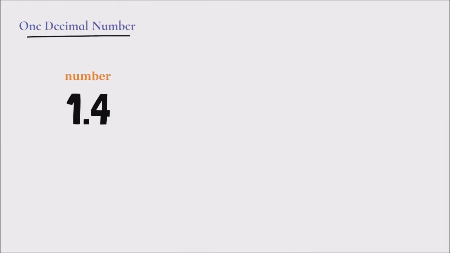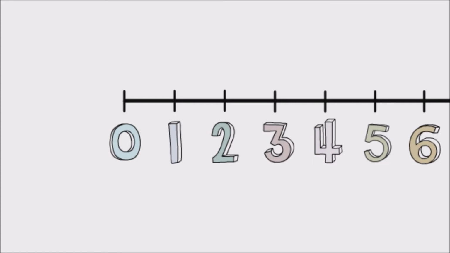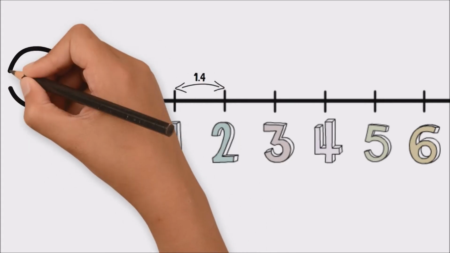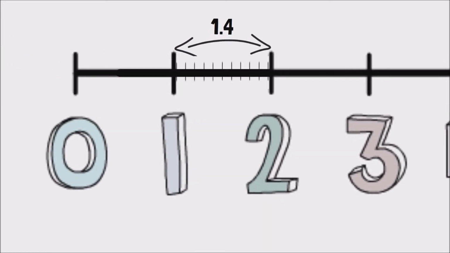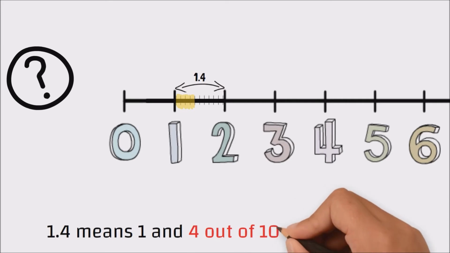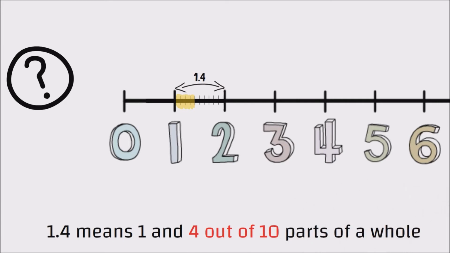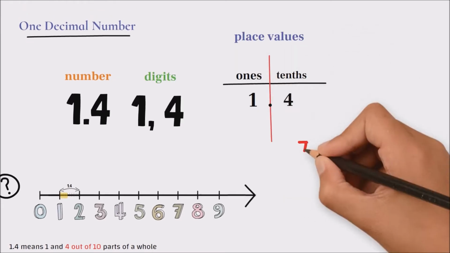Now, 1.4 is found between the numbers 1 and 2 on the number line. We know this because 1 represents the whole number portion and 0.4 represents the part of the whole that would have taken us to 2. But exactly where between 1 and 2 does 1.4 fall? By standard, 0.4 means that if we divide the space between two whole numbers into 10, then 0.4 would be the fourth space away from the first whole number. So in this case, 1.4 means 1 and 4 out of 10 parts away from 1. By this definition, the first place value name is tenths, and we say that the 4 in 1.4 has a